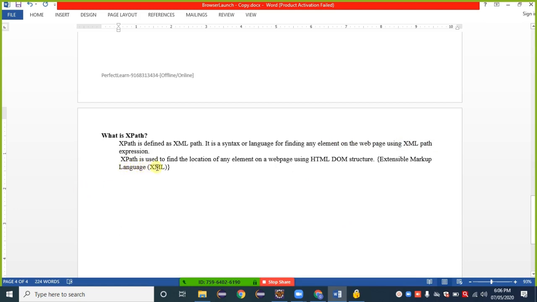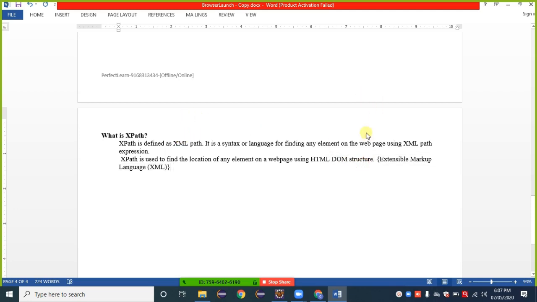So XPath is used to find the location of any element on the web page using the HTML DOM structure. Okay, DOM means document object model. Whatever is represented on the UI belongs to HTML, and that is known as the DOM structure, the document object model structure.